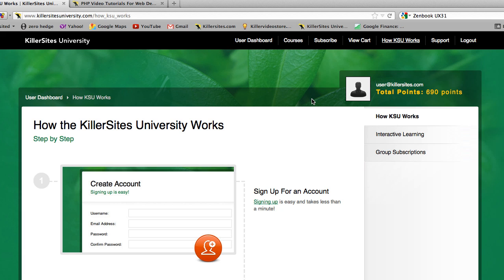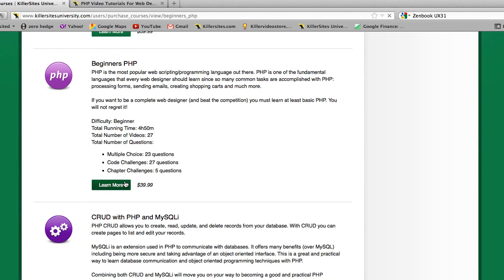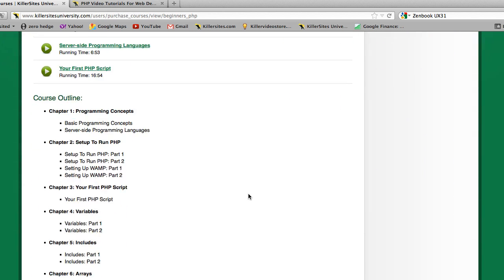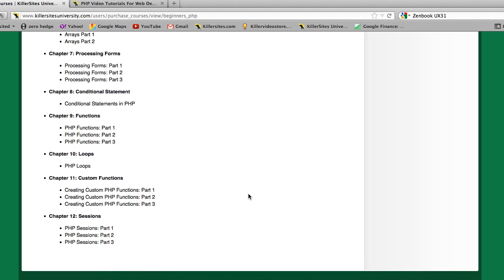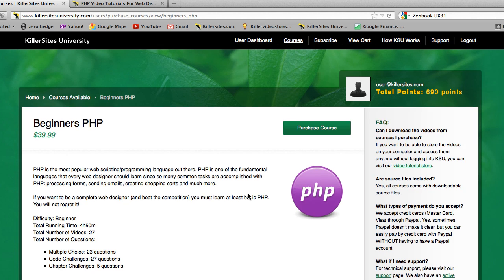So if your employer wanted you to learn PHP, for instance, or JavaScript, he can be assured that by him picking up the course for you, he can track. He'll see that you've completed it and you've learned this material, you've done it properly, because it will be reflected in your profile, in your